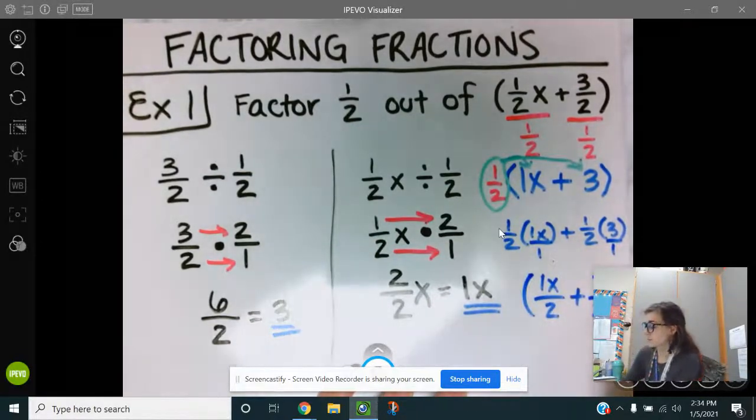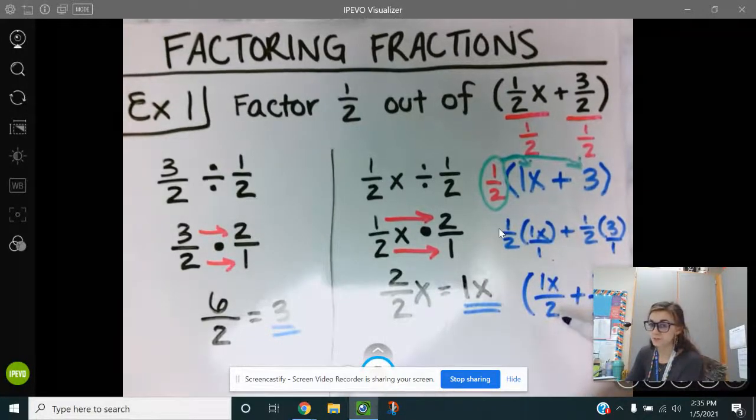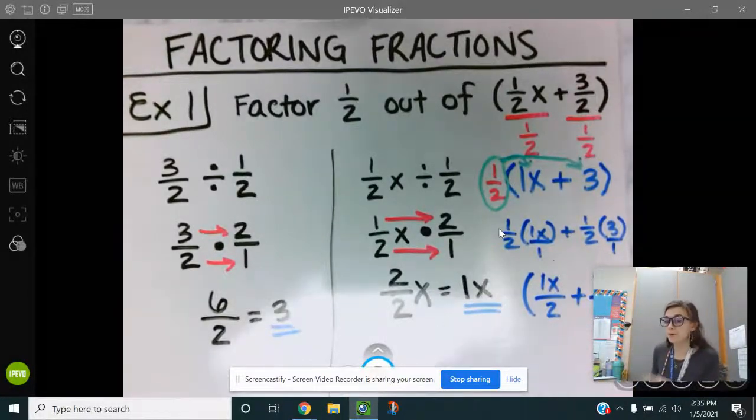Now we have to see, is this what we started with? 1x over 2 plus 3/2. Well, it looks a bit different, right? Because we had 1/2 x, and now we have 1x over 2. But if you remember, go back into your notes and look, we talked